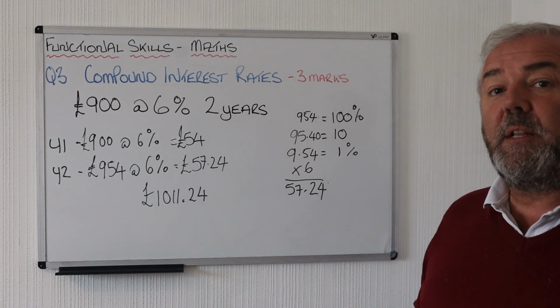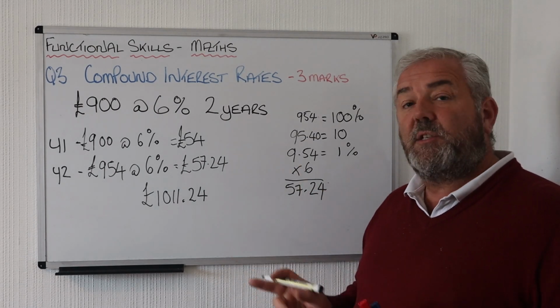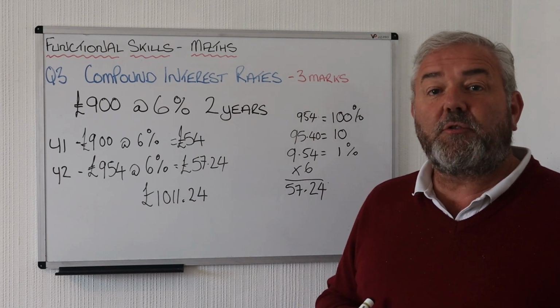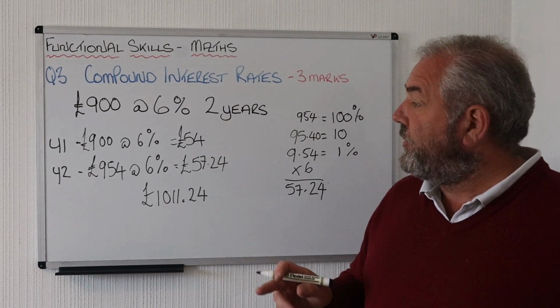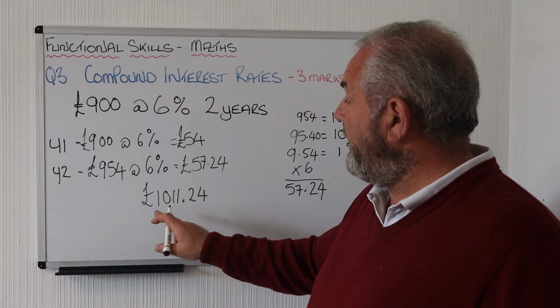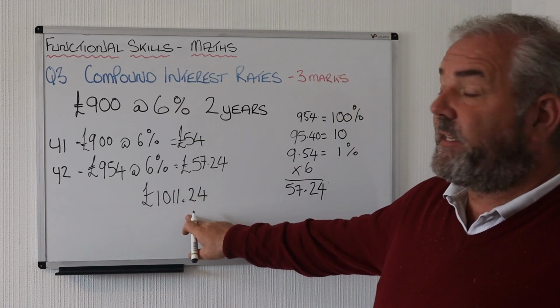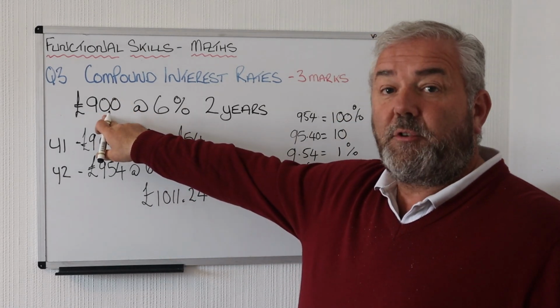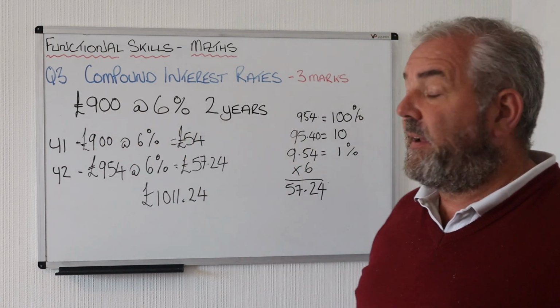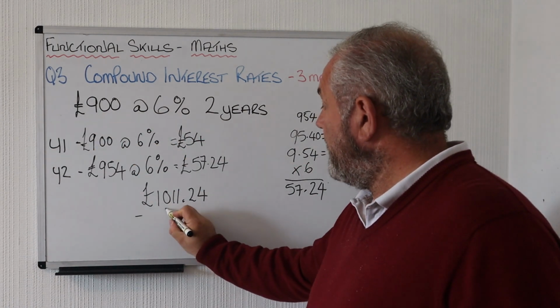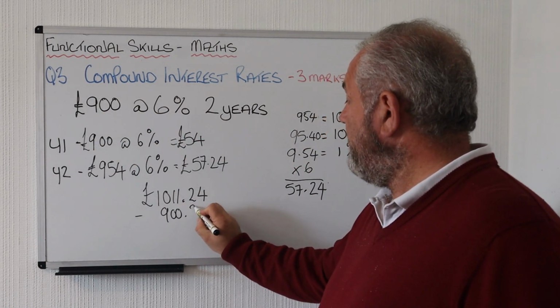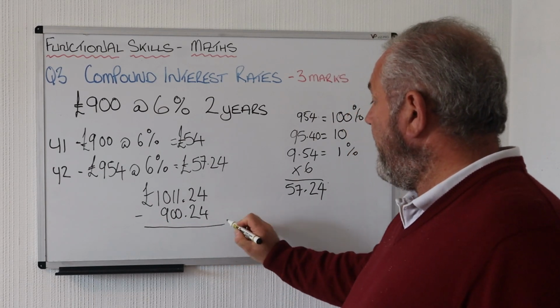Now the question, if you read the bottom line of the question, doesn't say finish there. It asks you how much interest you made. So the interest is the difference between the end total of the second year and our original starting point, the £900 that we invested. So if we subtract £900 from this, that will give us